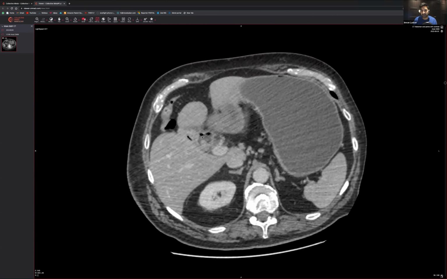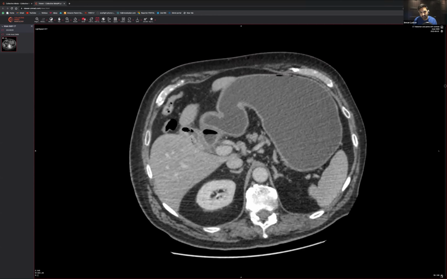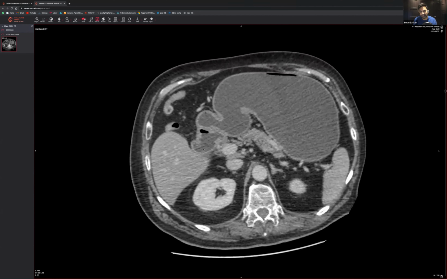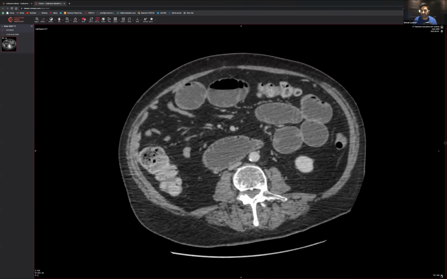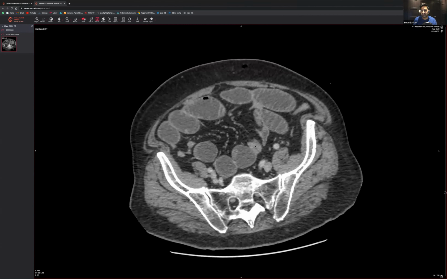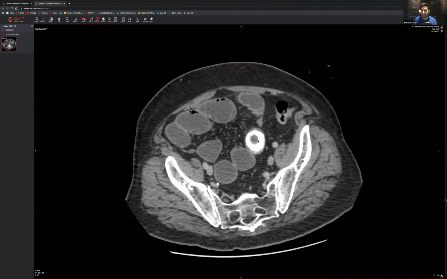Now let's find the gallbladder. The gallbladder looks like it's sitting over here. We're trying to look for any sort of communication between the gallbladder and the bowel. I feel like it's all the way over here. So there is a communication. Now let's have a look for the actual gallstone. There you go. Can you see it? Right bang over here is a massive gallstone.